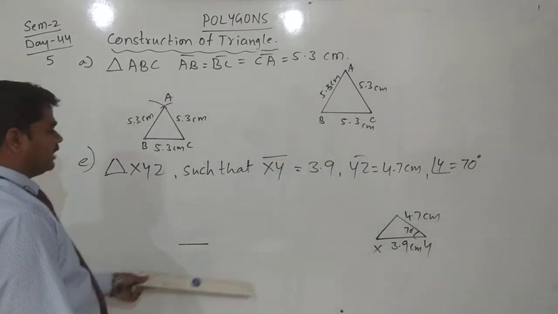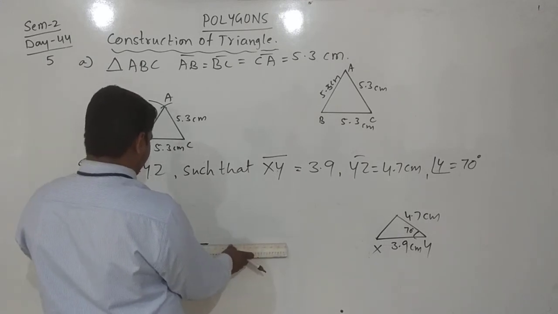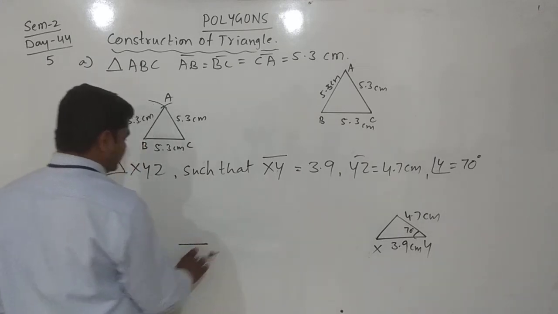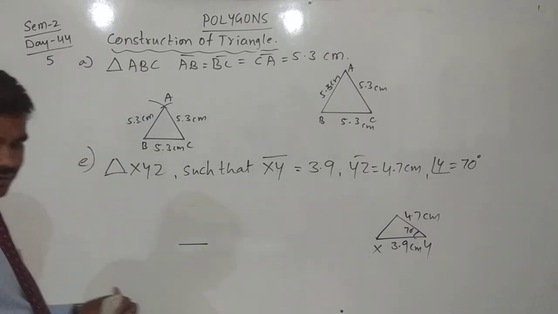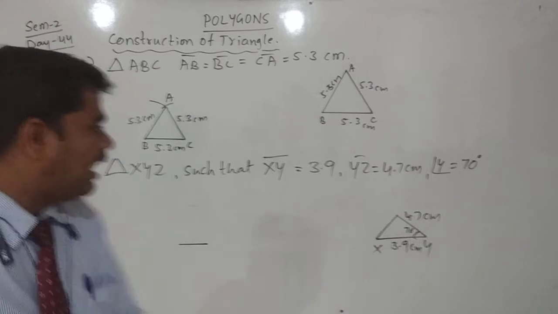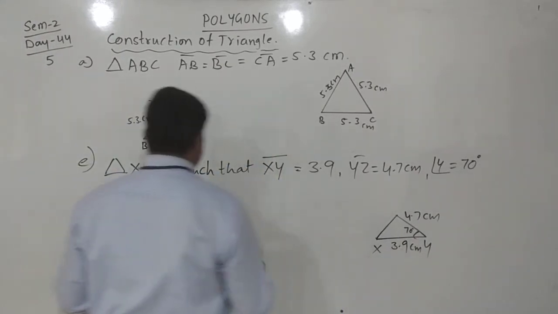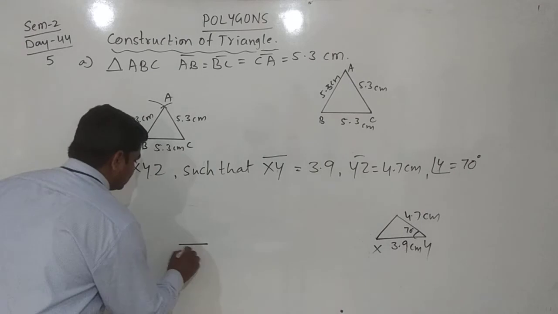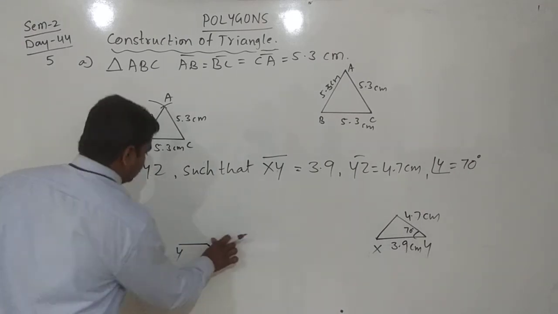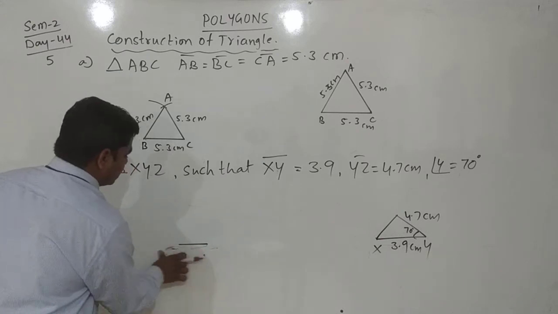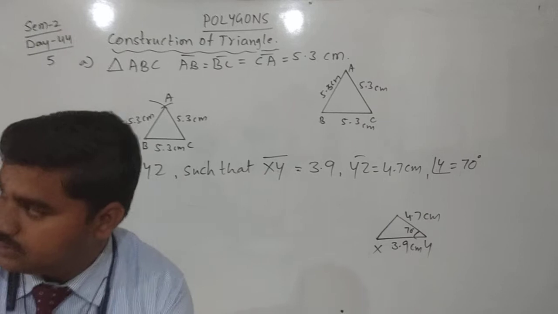Now first draw 3.9 centimeter. Yes, this is 3.9 centimeter. This much only, exactly with your scale. Now take the measurement of angle. Now angle, that is how much degree? 70 degree at Y. This is X or XY. Like this also we can take. Rough diagram how we showed, like that only we will take 3.9 centimeter first.